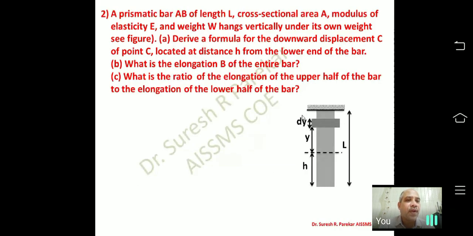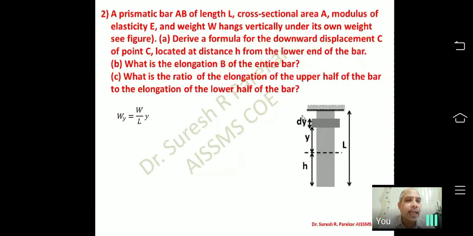So now if I have to find out at distance h from bottom, then we have to consider these formulas in this way, where I have the value of y, and that y is any height. Now W at y is equal to W by L into y. So we can consider any depth y, which gives me the weight of that bar in that length.